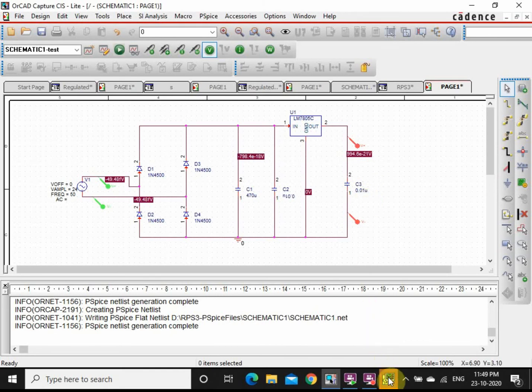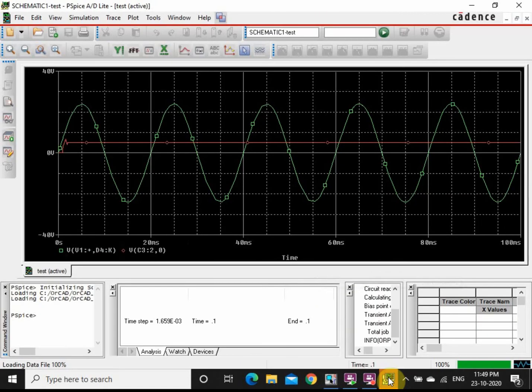Now I can go and see it in your simulation profile there. Here I can see this is your input waveform of 24 volts. Totally this is 40, that means here 20, here 24, and this is your 10. So half of it is going to be 5. Red color is your output waveform and green color is your input waveform. So for a sinusoidal input of 24 volts, that is 24 plus 24, 48 volts, the output is going to be 5 volts. It is going to be regulated and we are going to get the output to be 5 volts. This is your regulated power supply experiment there.